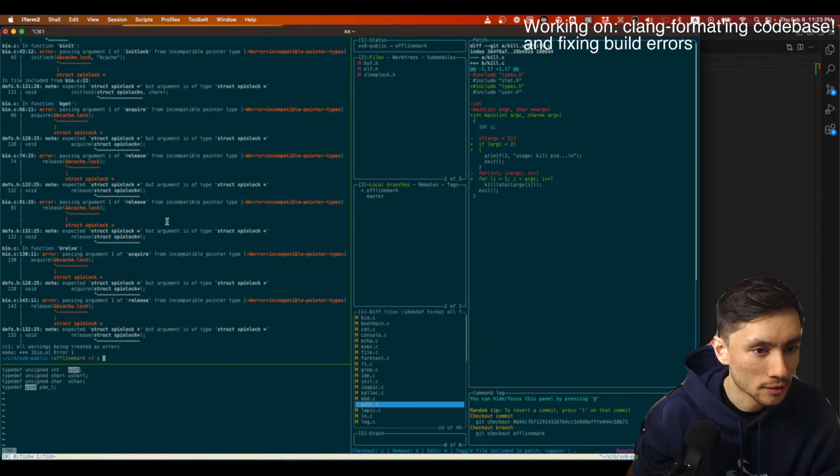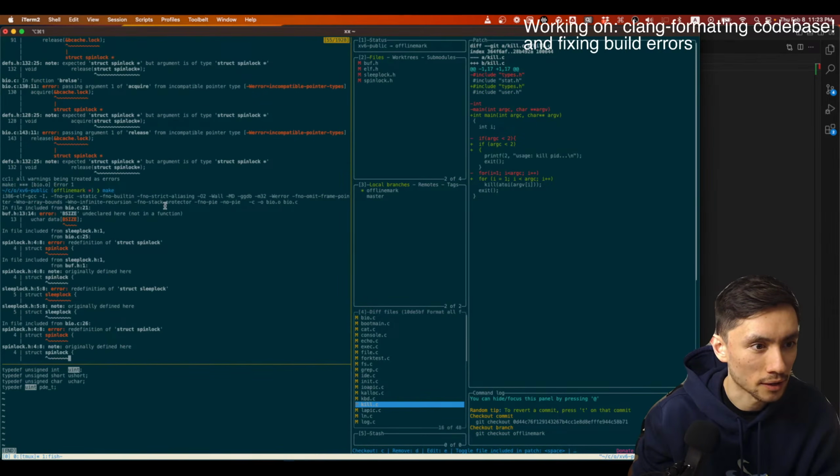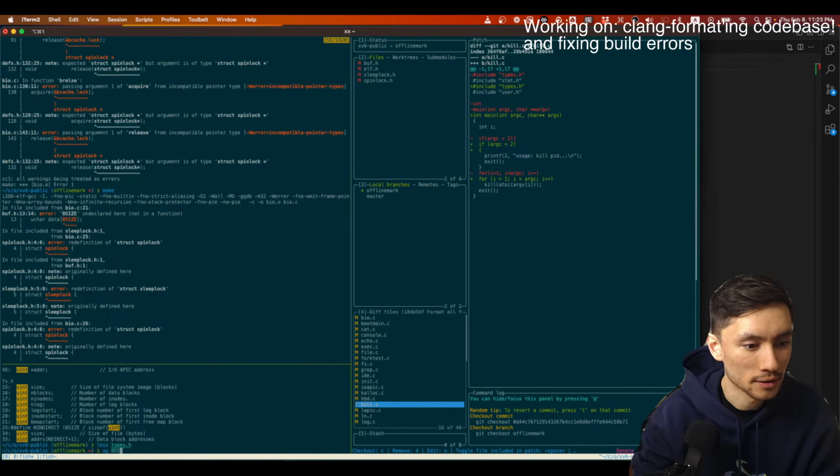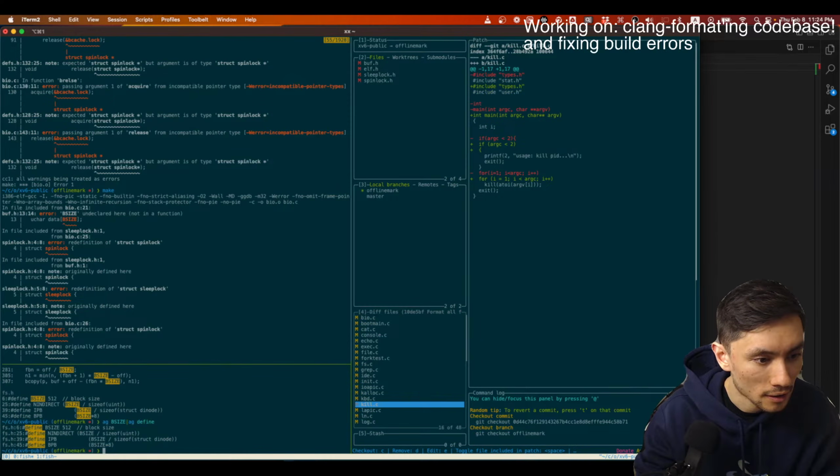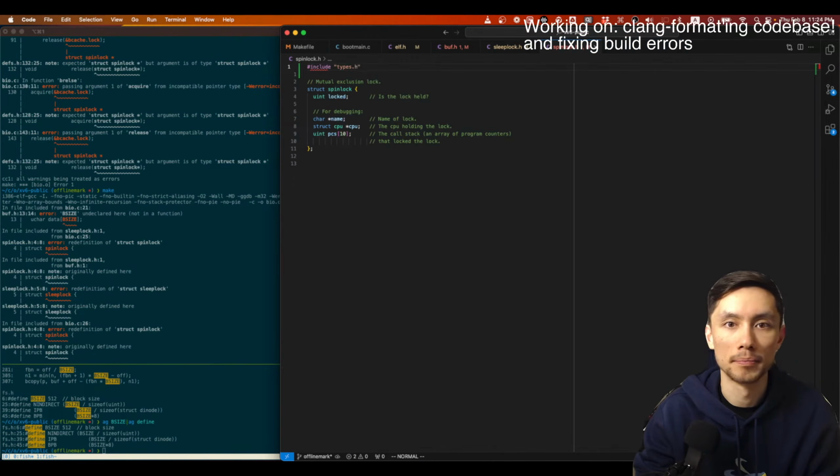Holy, these errors are kind of wild. B size. Buff.h. fs.h defines the block size.